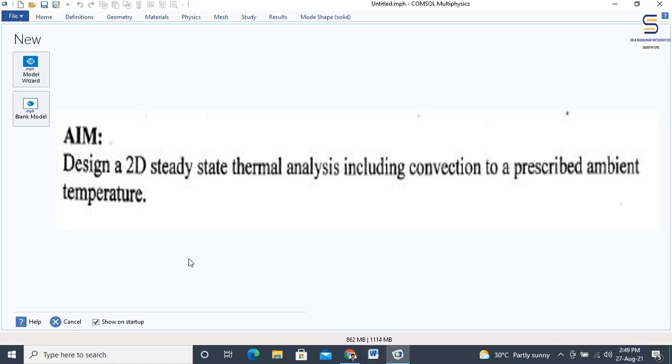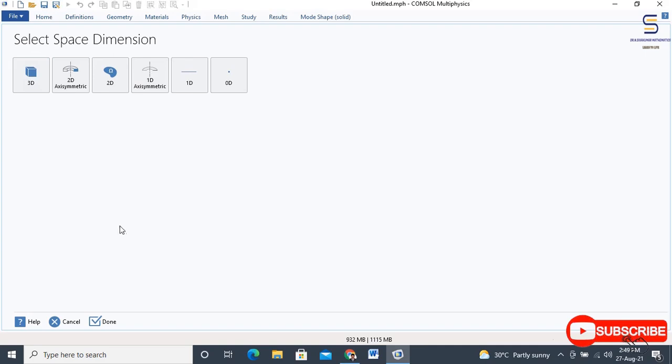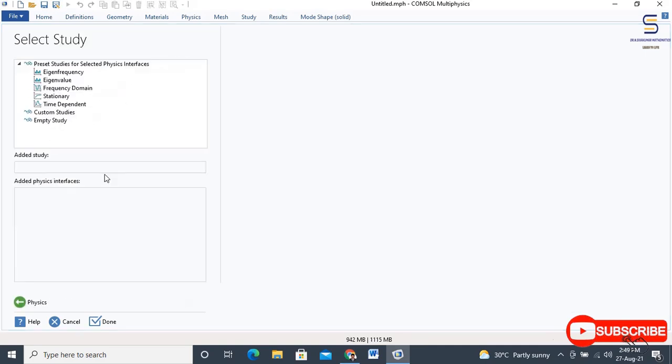Let us begin this by clicking on the model wizard. Then in the model wizard, select 2D. In the 2D model, select heat transfer and heat transfer in solids.